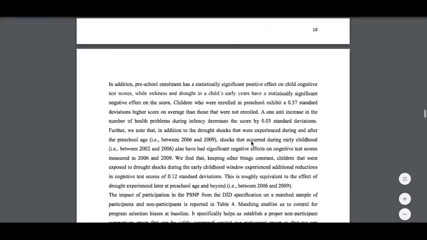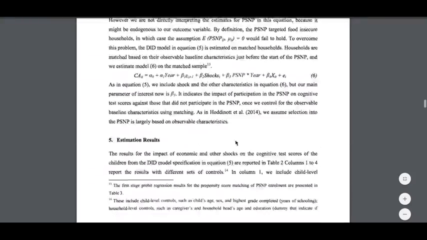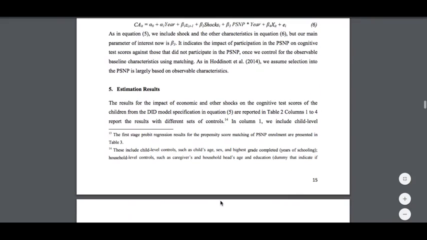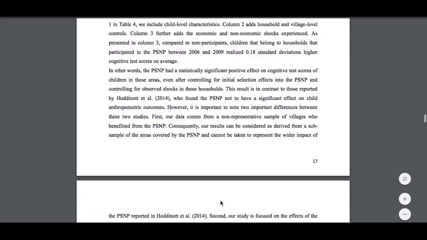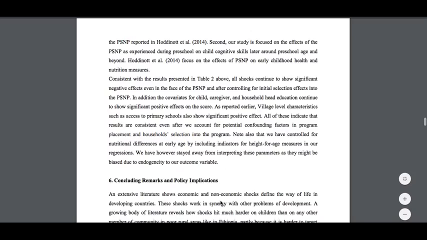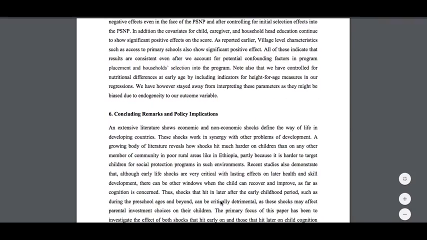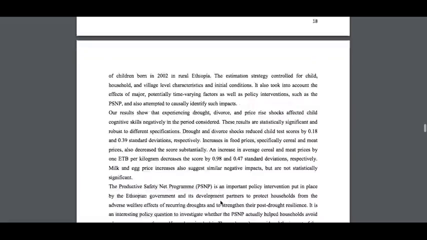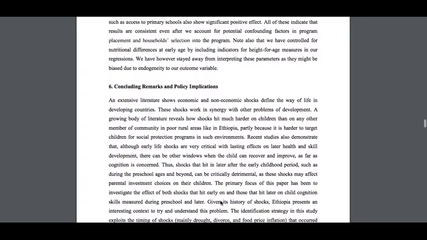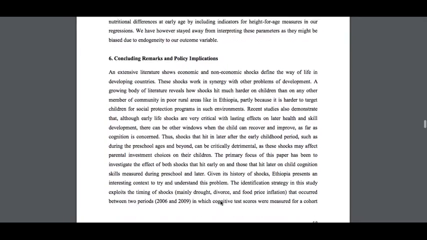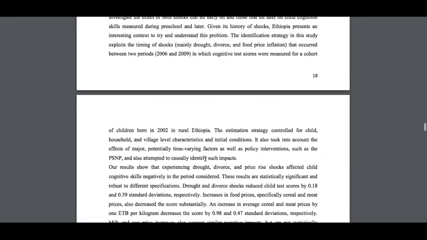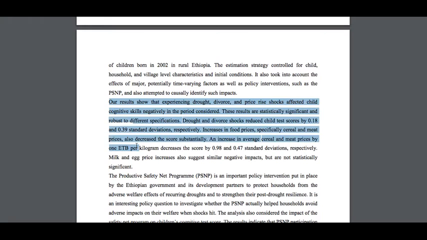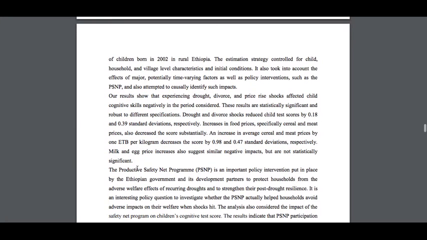Okay, so here they're talking about the results, estimation results, and they use that language that we were talking about in table 5 and table blah, blah, blah. And then they don't have a separate section for the discussion. So they actually state a lot of these broader statements in their conclusion. For example, in their conclusion, we're going to talk about conclusions next week. They're giving background knowledge again, and then they're going to talk about the results here. They actually do the discussion in the conclusion.